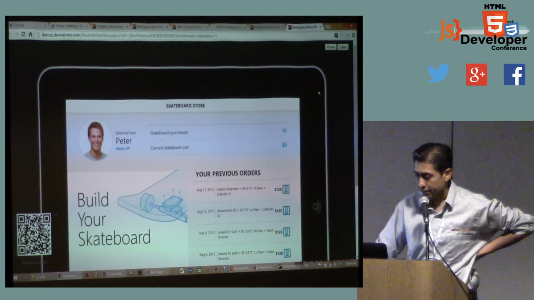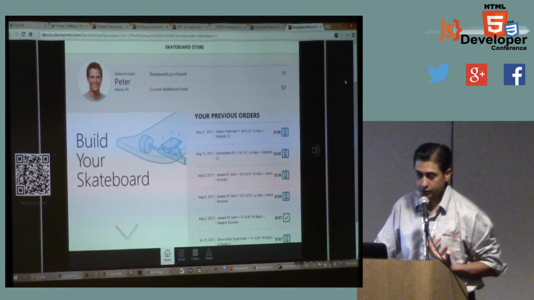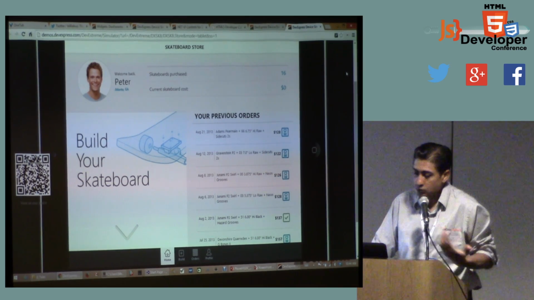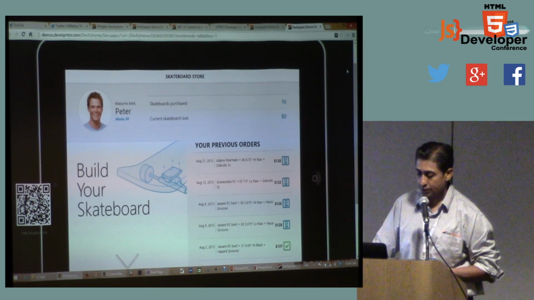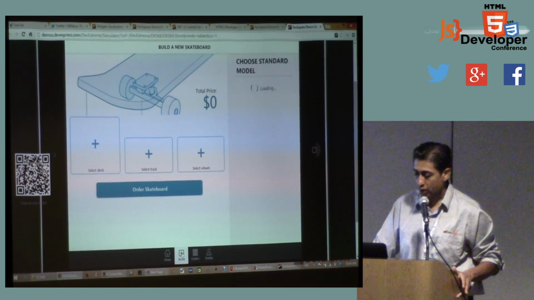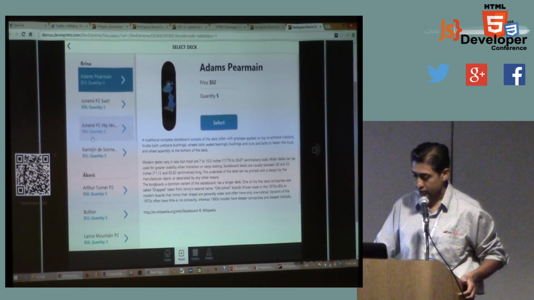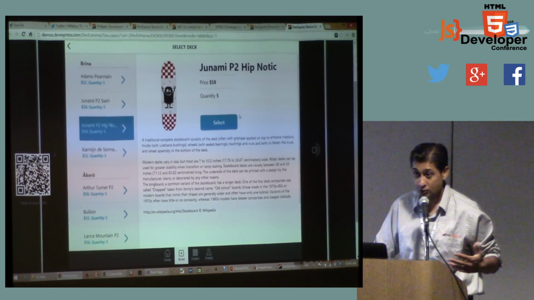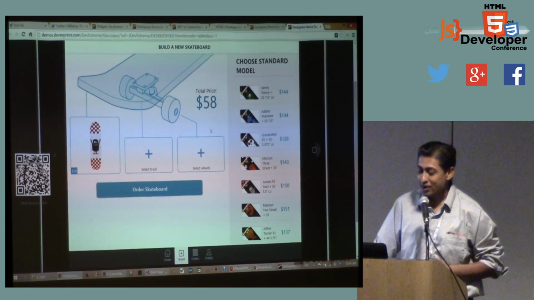I like this one quite a bit because this is a storyline we had made that, let's say there's a store out there, and what they do is they sell skateboards. So when somebody walks into a skateboard store, a salesperson might say, well, hey, let me help you build a skateboard. So they might actually walk around with it and say, well, what kind of deck do you like? That looks good. Or if I knew anything about skateboards, I would speak intelligently about skateboards, but unfortunately I don't. But you get the idea.